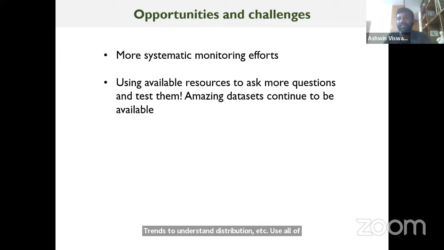Use all of these resources. This is an opportunity again, because there are so many of us that are interested in ornithology, and all of these resources are available, like the eBird website, like SoIB, all of the data that is downloadable, but we're not making use of it. We're not making use of this information and this knowledge that is available to us with a few clicks. So start exploring these websites, learn as much as you can by going around these websites.